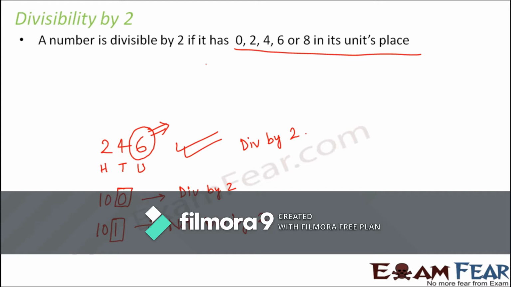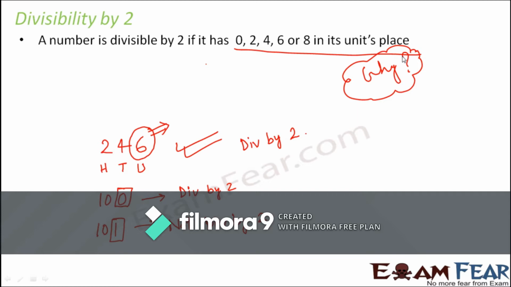Now, there might be a question in your mind: how does this rule work? Why is it that if one of these digits is present at the units place, then that number is divisible by 2? Why is it so? This why must be answered, because without it being answered, you will always be half knowing the divisibility rule by 2. So we will understand the why of this divisibility rule as well.